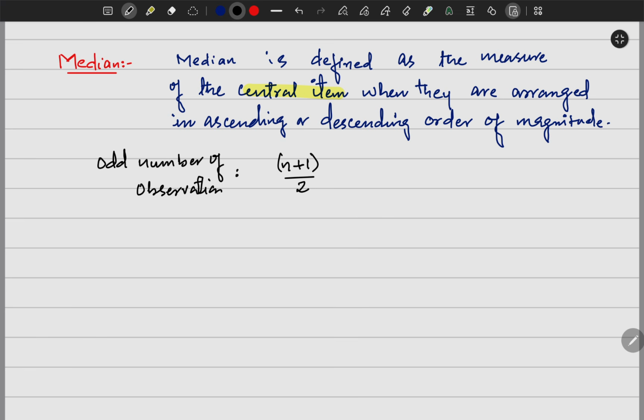But make sure that the data is in ascending or descending order. Or if we have an even number of observations,